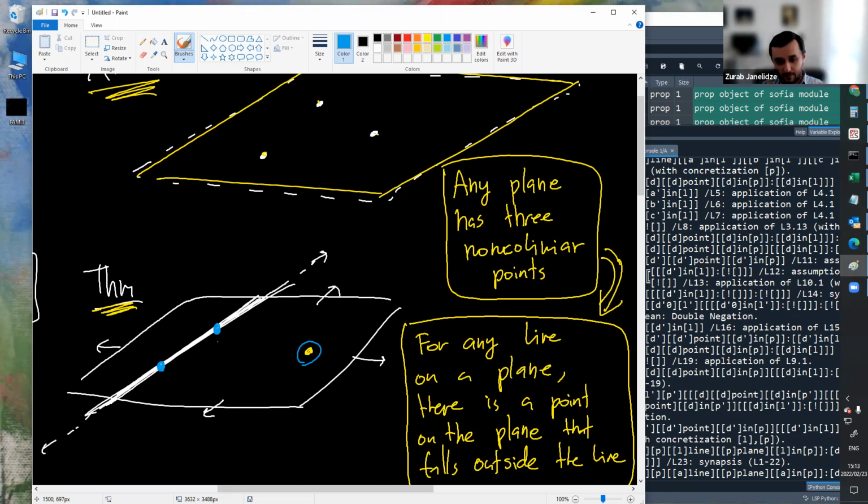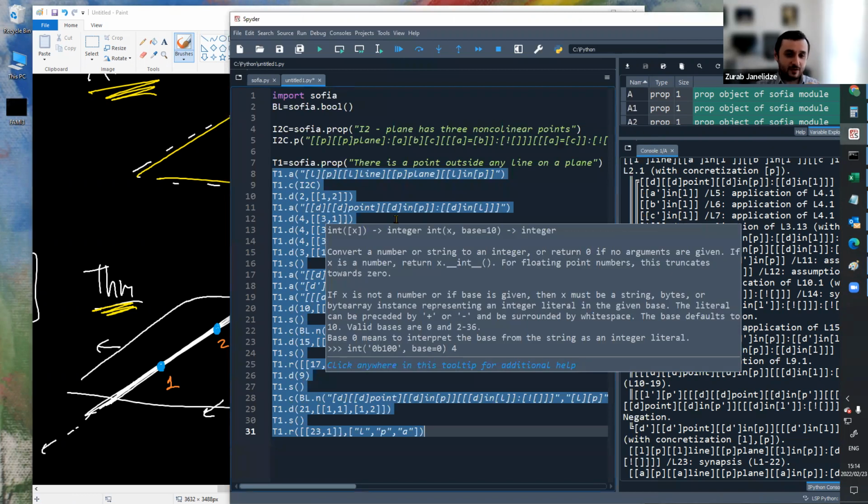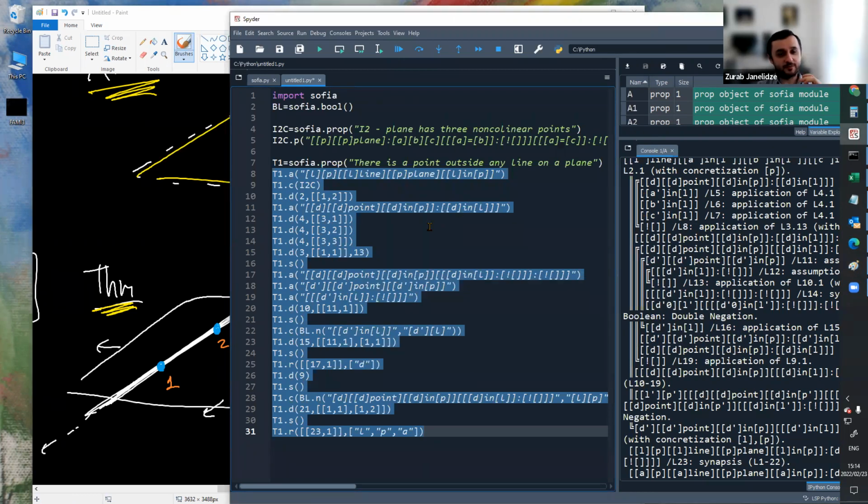Just to show you one possible thing that we quickly overlooked: it doesn't matter the order in which we consider these 3 points. The way I was drawing it, the first point was this, the second, the third, but it could have also been that the first point is the one that lies outside, or the second one is the one that lies outside. We didn't consider these cases because it felt obvious that the other cases are going to be similar. But in Sophia, there's nothing like that. We'll have to explicitly consider cases. In fact, we will have a way around cases by using proof by contradiction, as we will see.